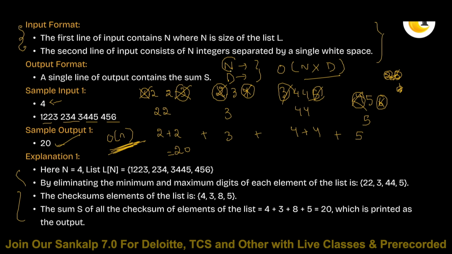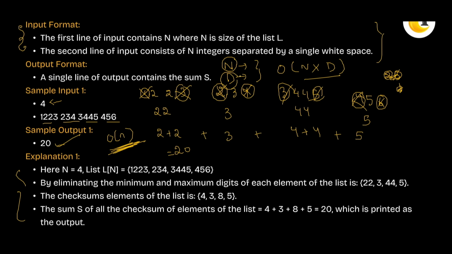Where n is the number of elements in the array and d is the maximum number of digits in the number. Sorry, not after removing, the original. So elements are 4 and the maximum number of digits is also 4. So your time complexity will basically be big O of n times d. It will be slightly different, but you won't call that big O of n, and it's a good time complexity. It is not bad. We'll see how we code this in Python,